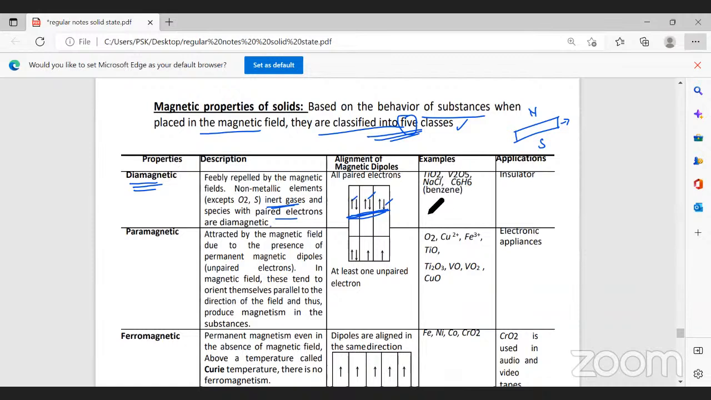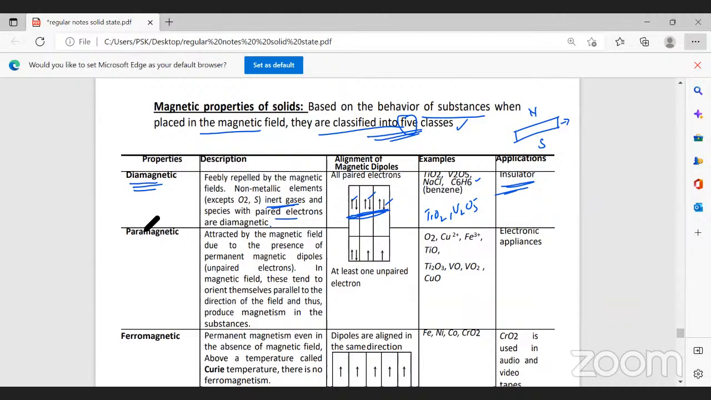So examples they've given: titanium dioxide, vanadium pentoxide, sodium chloride, benzene, all these are examples for diamagnetic substances. They are used as an insulator. Diamagnetic substances are used as an insulator. Now, why diamagnetism, they'll ask you. Why does a material exhibit diamagnetic property? You should tell that it is because of the absence of unpaired electrons,